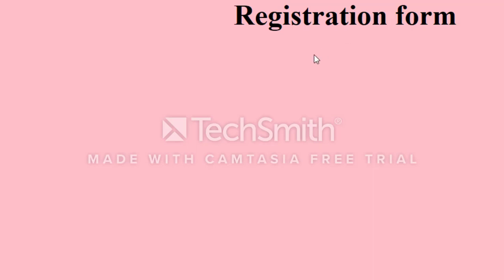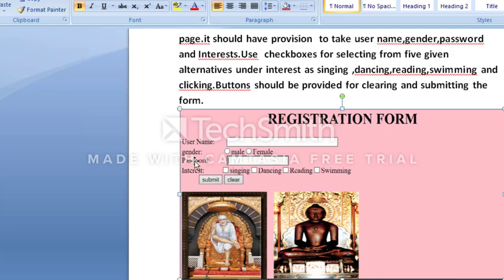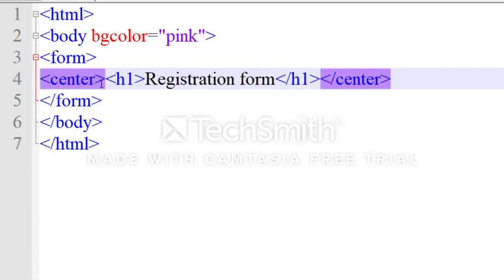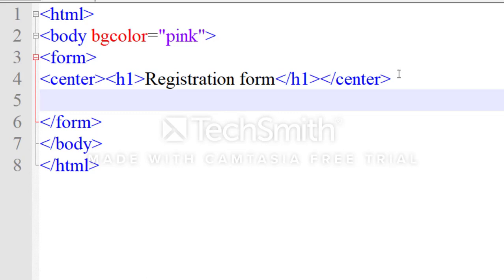Registration form. Now I want the username, gender, password and the interest. That's why I will write the username.